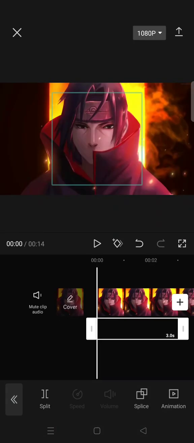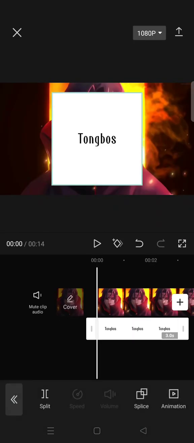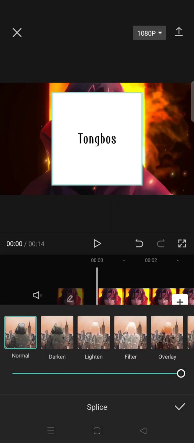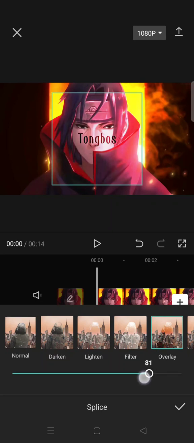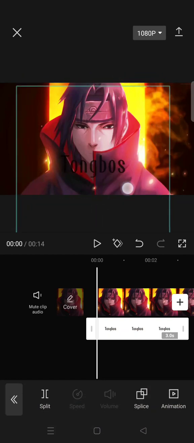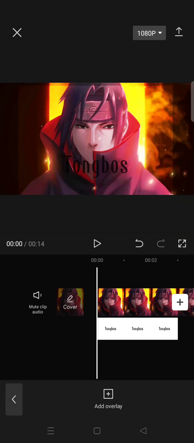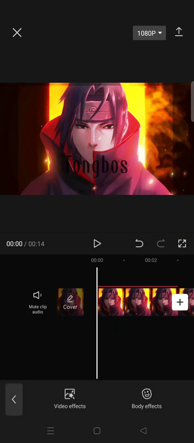Okay, this one, and then after that go to splice and then choose the one you see fit. Okay, overlay, I'm going to go with 100. No, I'm going to go with 55, and then after that adjust the size,